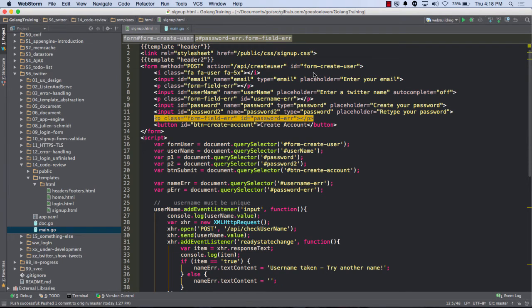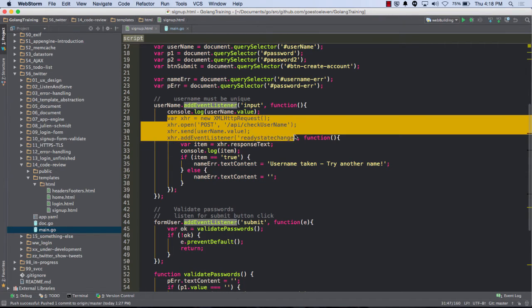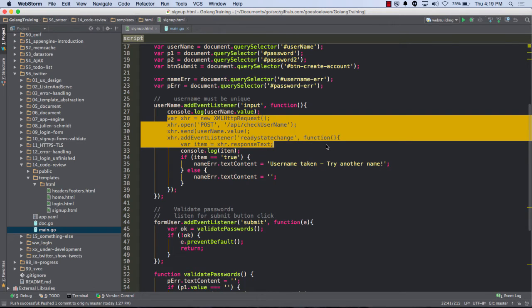All right, so we're logging the username value, and then we do, here is Ajax. That's it. Right there. That's Ajax. It's kind of got a big scary name. It ends with AX. It's an acronym, so it must be complicated. It deserves its own acronym. And it's kind of big words: Asynchronous JavaScript and XML.